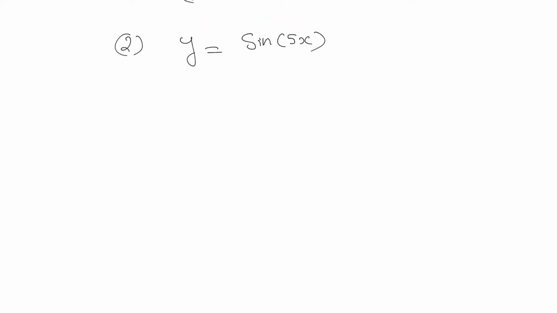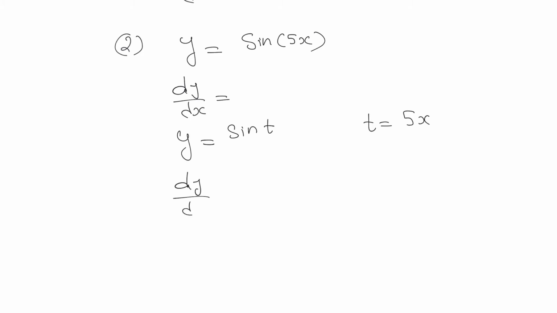If you are unable to understand, don't worry, it may take some time. So we'll take some more examples. Let's say y is equal to sine 5x and our aim is to find the value of dy by dx. Over here we observe that 5x is a function inside the main function sine x. So what we have to do is substitute the internal function, which is 5x, by a new variable. So we'll write y is equal to sine t, where the value of t is equal to 5x.